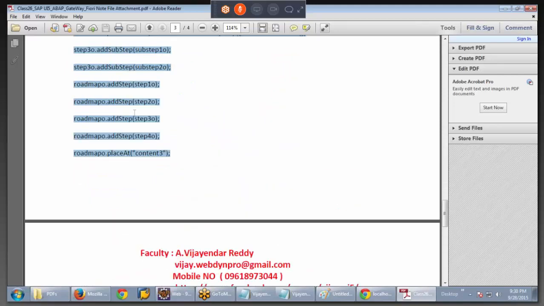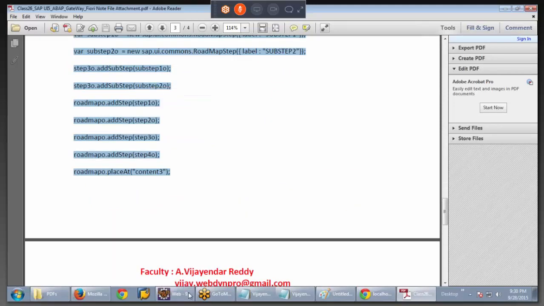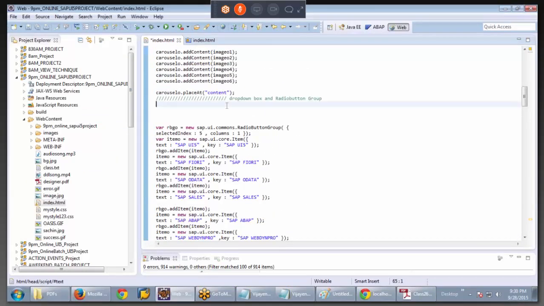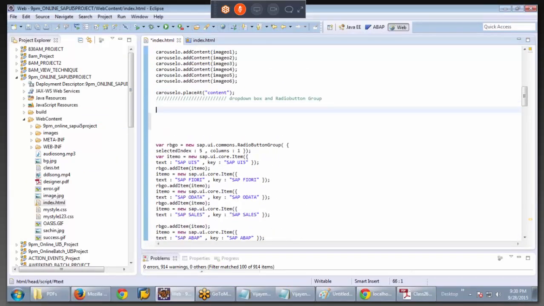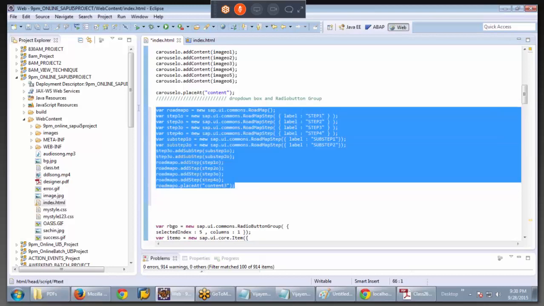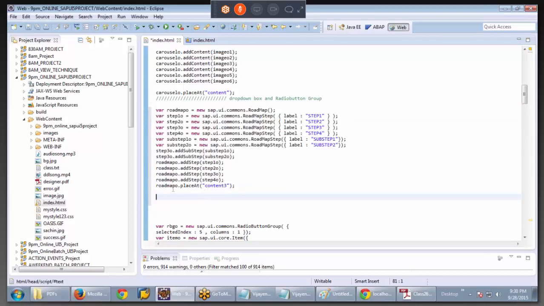Let me copy that. On top of the radio button group, I'm copying that roadmap coding. If you closely observe, the roadmap is also placed on content 3. So what we have done